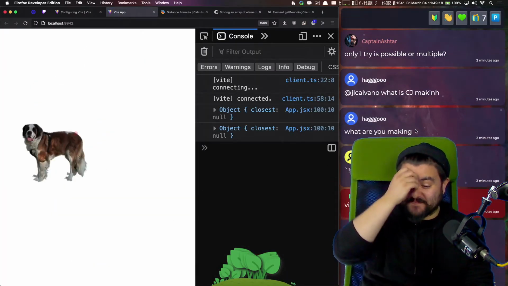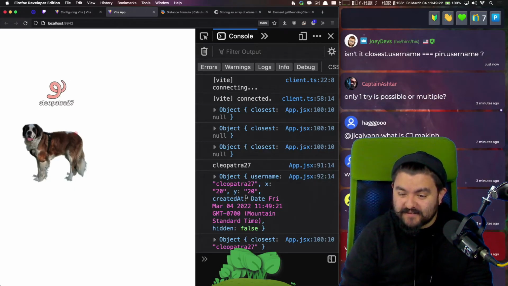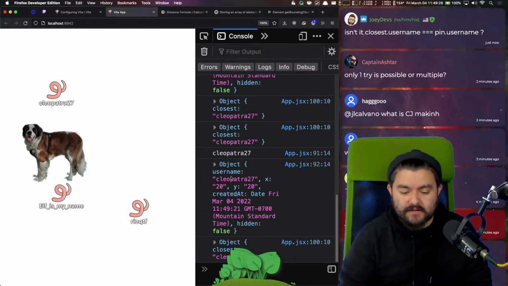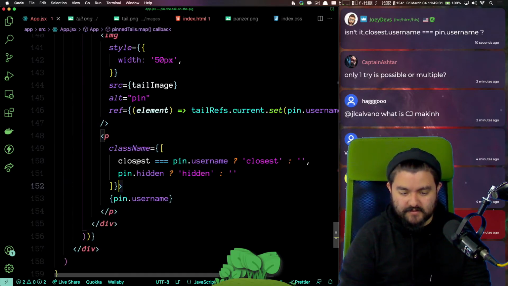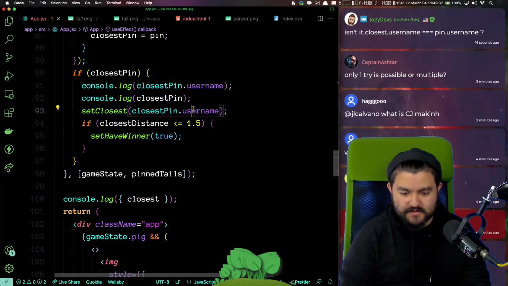Let's try again. Well, I'm no longer setting closest.username to be an object. Now it's just closest, because I'm just setting it to the string. Set closest to the username.